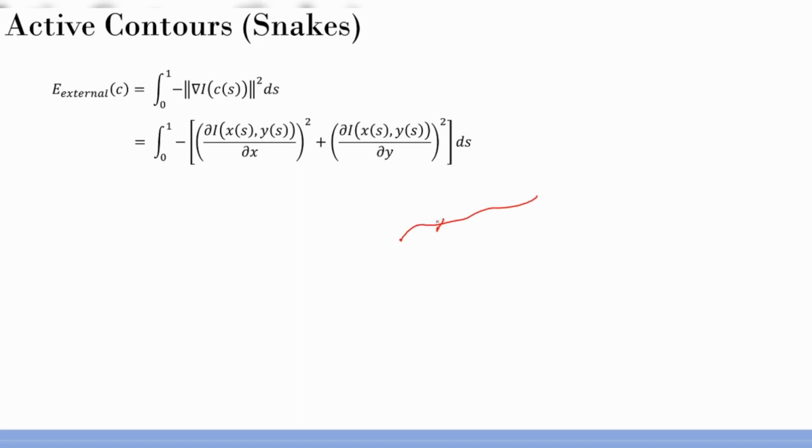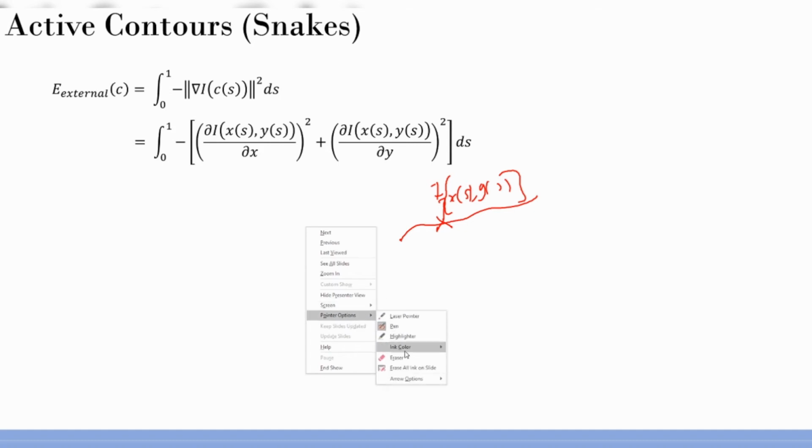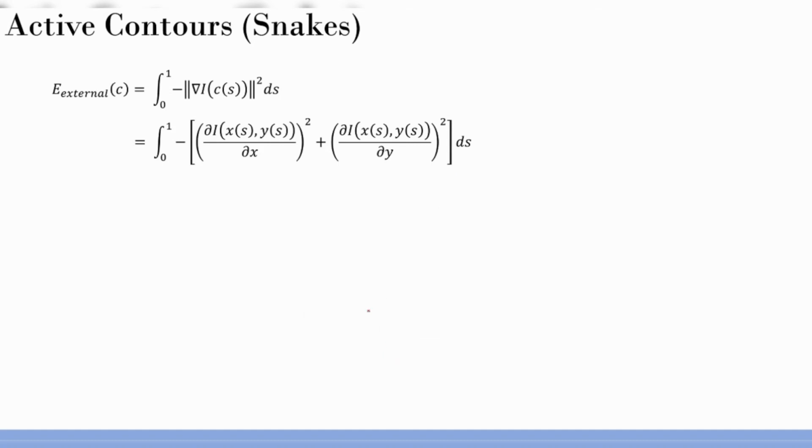So this is a curve. I have this location, so it has an x of s and y of s, right? So these are the coordinate location and intensity of that location. That's what I mean. So I of x of s and y of s, and then of course change in x and change in y, and then see the change in intensity. That's exactly what we meant here. So this has more than the distance factor, it is on the intensity aspect. So you find the change in intensity in x and y direction, you sum it up.